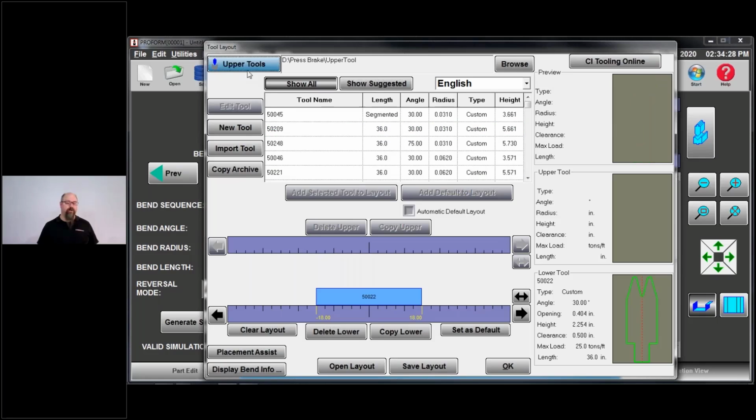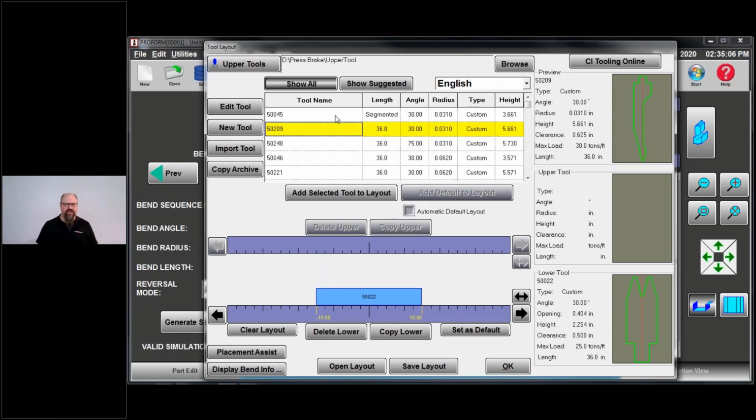Now I'm going to go back to my upper. So I'm using a 30-degree lower. I'm going to select a 30-degree upper. Now in this case, I've got 3 options, but that's a 75-degree upper. I don't want to try to use a 75-degree upper on a 30-degree lower, because you're looking at 5 pounds of crap in a 3-pound bag. A 75 upper is not going to work well with a 30-degree lower. Now, I could reverse that and be fine. I can use a 30 upper on a 75 lower, on an 85 lower, whatever you want to do there. But the upper has to be smaller than the lower, narrower than the lower.